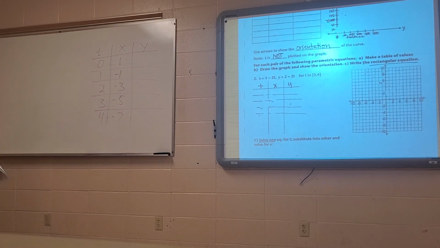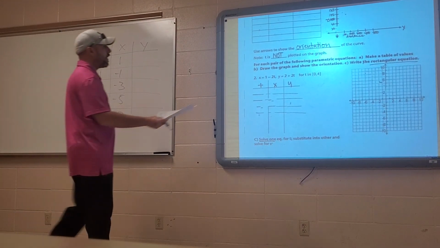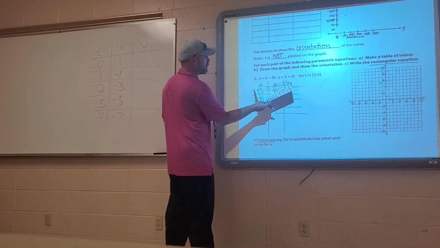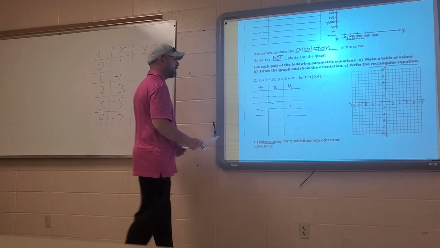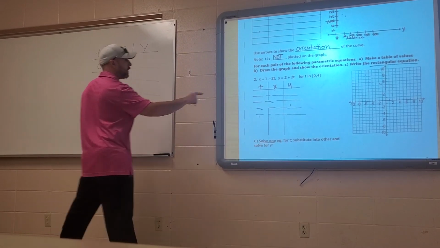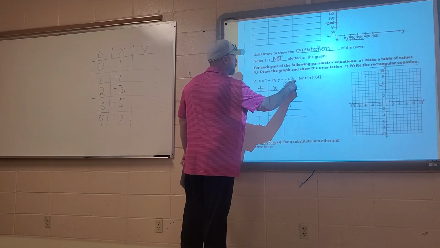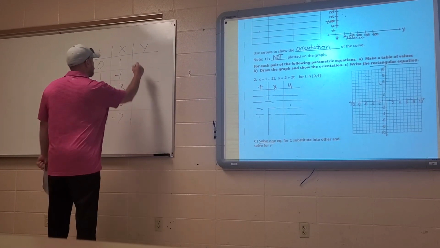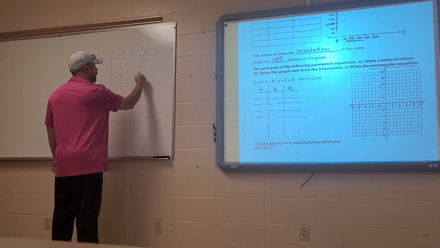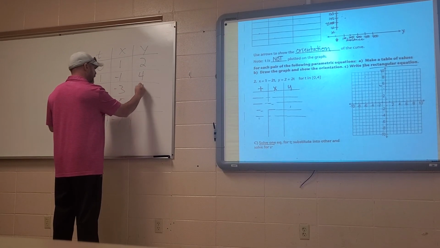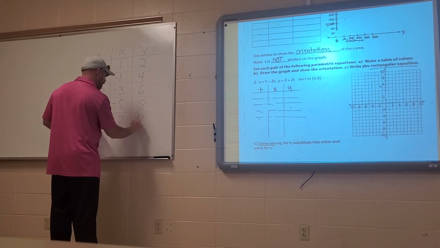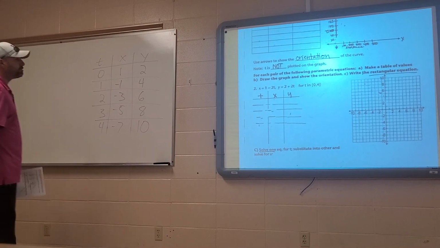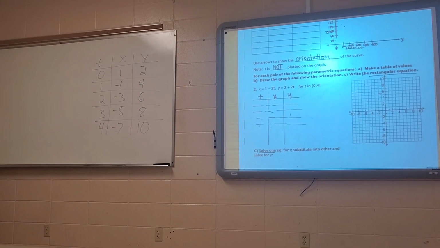Okay? So now put in 1 for this equation. y equals 2 plus 2 times 1. So the first, 0. y equals 2 plus 2 times 0. So that's just 2. And then 4. And then it should be 6, 8, and 10. Okay? So now